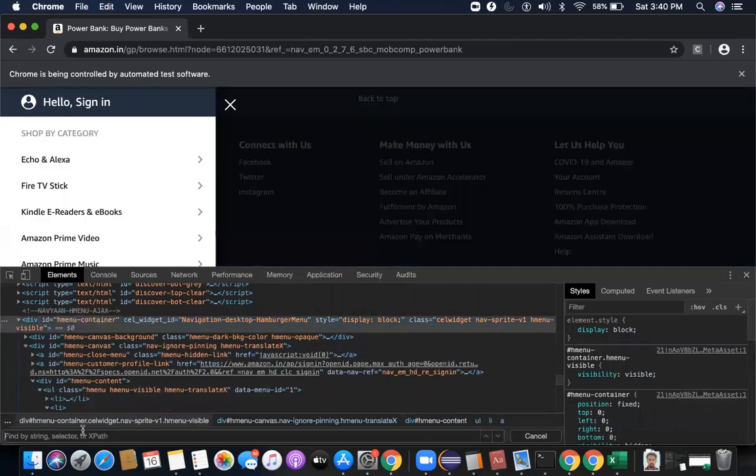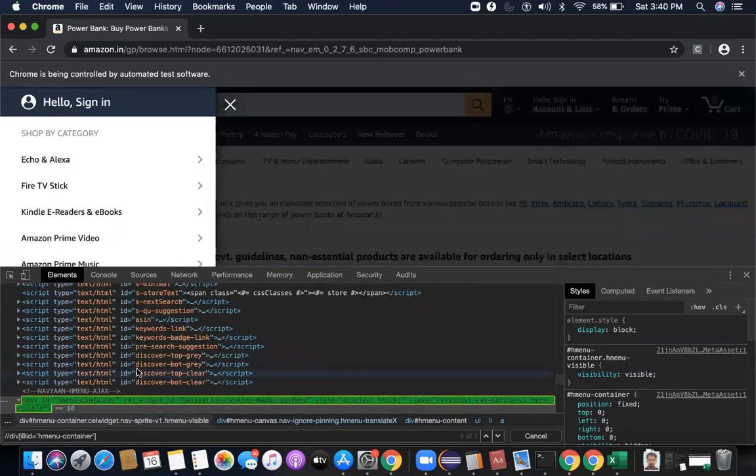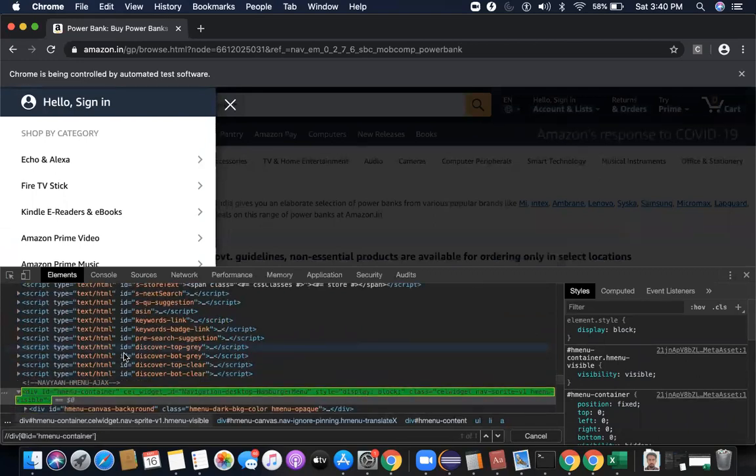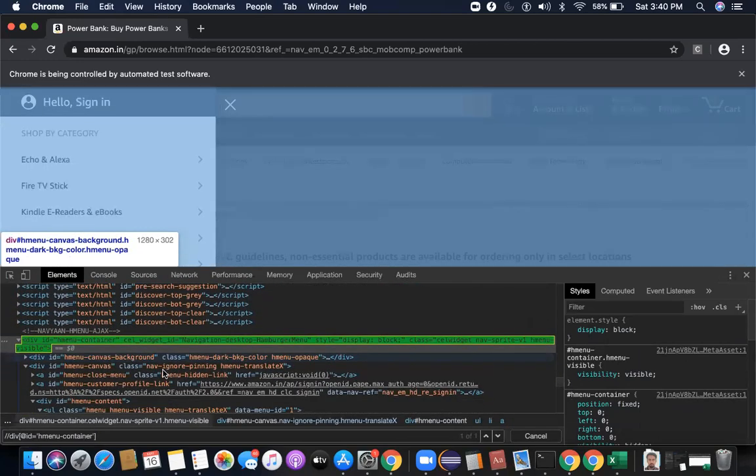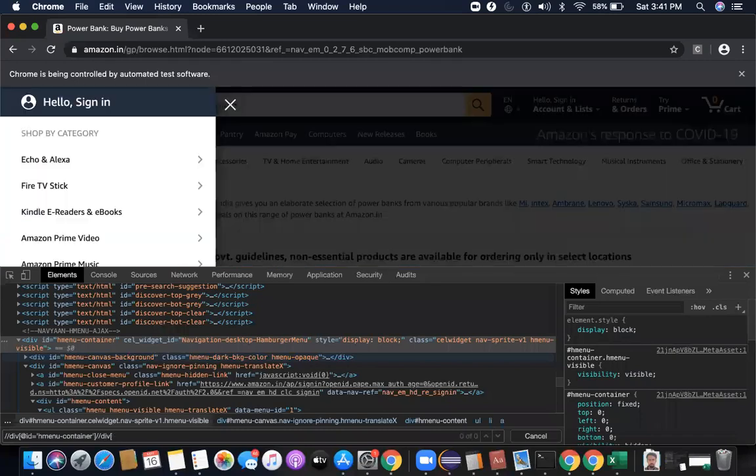I will write here, find a div whose ID is this. I'm able to find it, and there's only one such element. Then I'm saying inside this, find anywhere. That's why I'm writing the double slash. Remember, double slashes are used to find anywhere. Find anywhere another div whose text is equal to Amazon Prime Video, which is this.